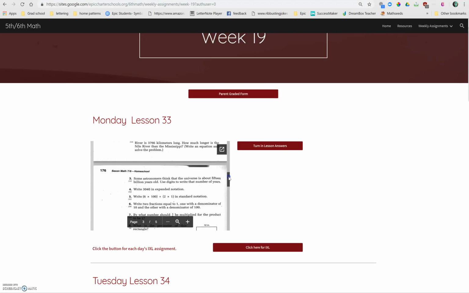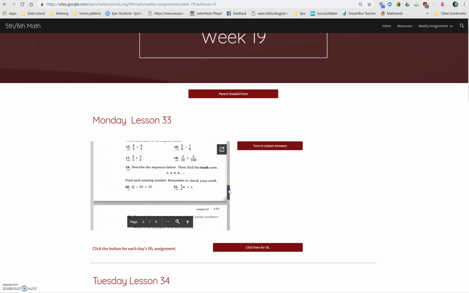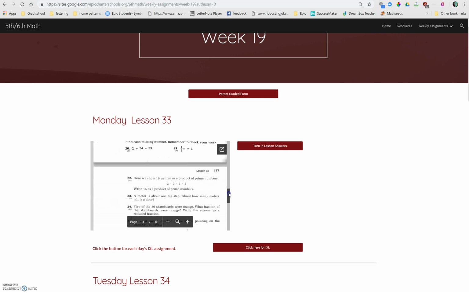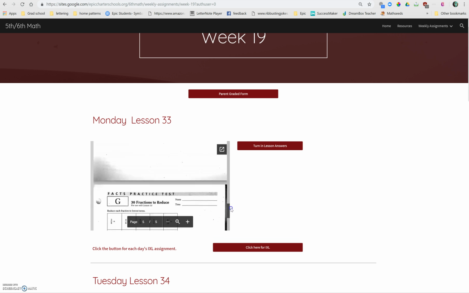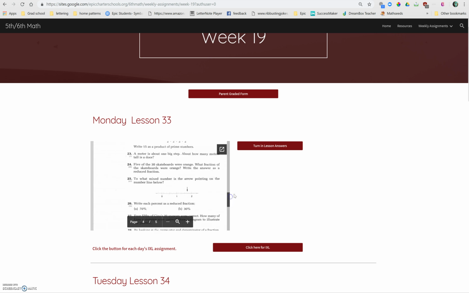You will write down all your answers, show your work on your notes, and turn those into the Google Drive. It's better to do it daily, but if you want to wait till Friday and turn them all in, that's fine. Just make sure you have the number of the lesson at the top. In order to turn in your answers, click on Turn in Lesson Answers,